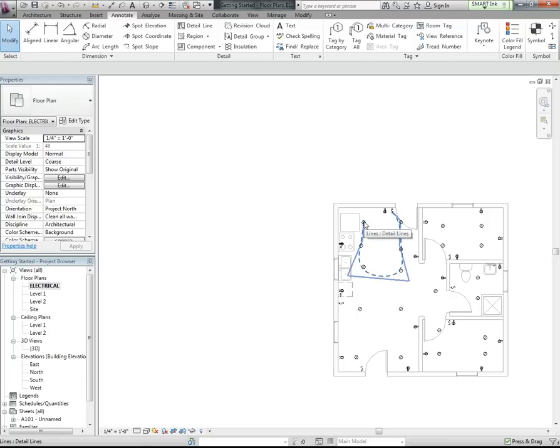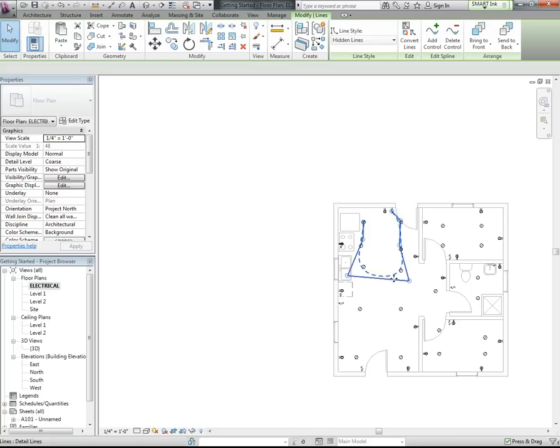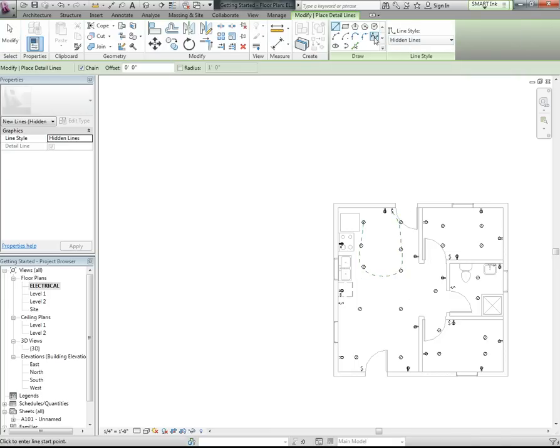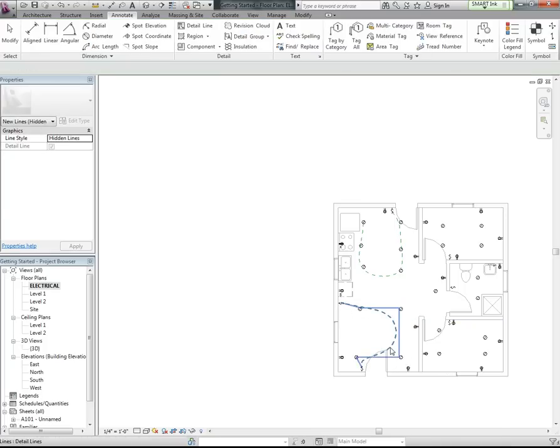I stop at this light. I don't connect it back to the switch. I just stop it at the last light. Now, for instance, with this one, I'm going to click this strand again, and I'm just going to hit CS, Create Same. And I'm going to go up here and click Spline again. And I want this switch to turn on this light right here, this light, this light, this light, and I also want this other switch to turn them on. So I'm going to end it over here. So I have to create electricity that goes from that switch